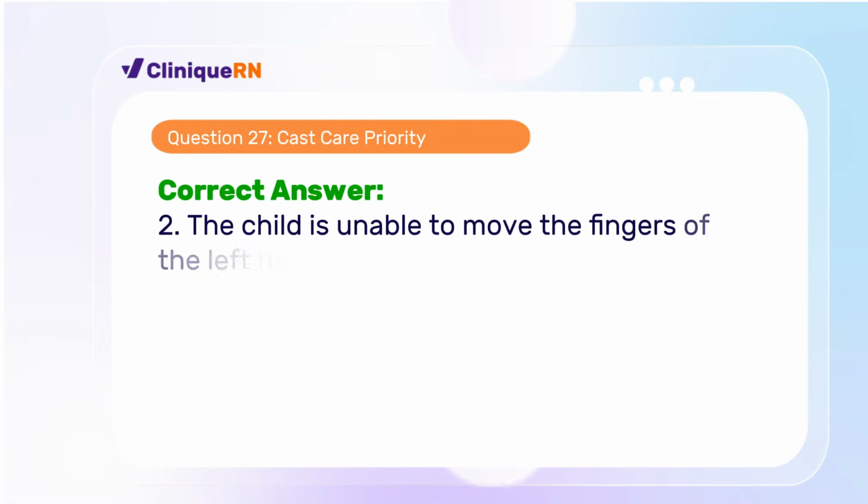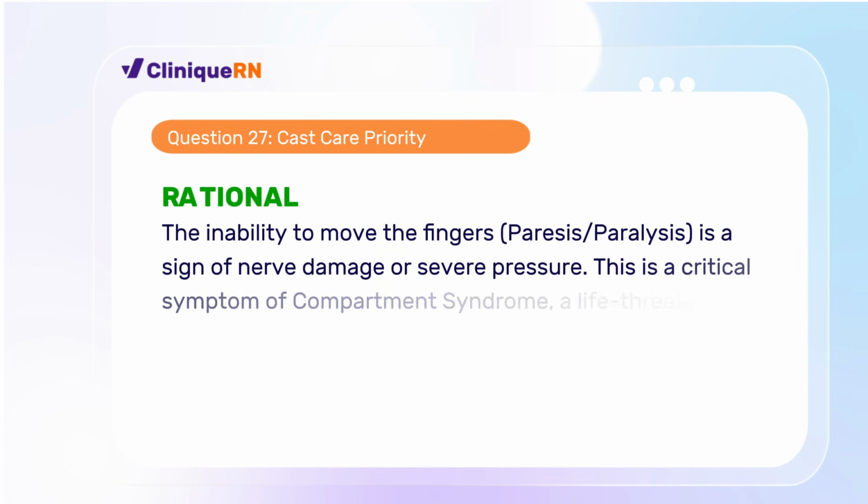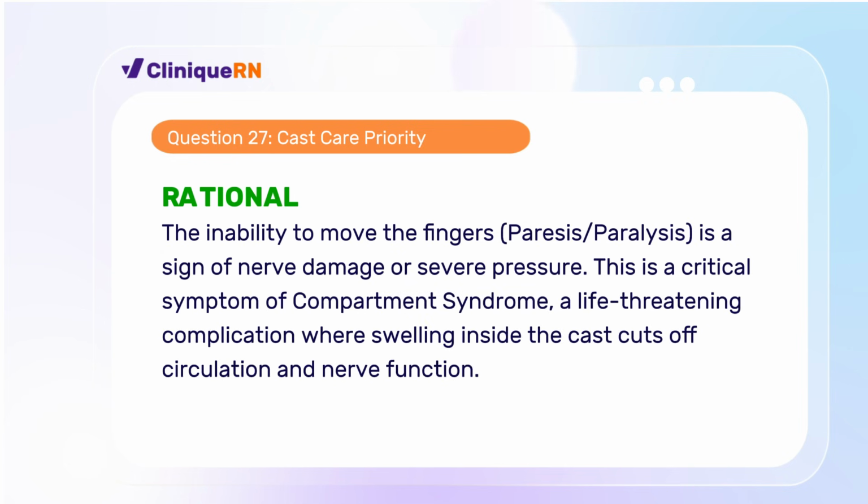The correct answer is 2. The child is unable to move the fingers of the left hand. Rationale. The inability to move the fingers, paresis or paralysis, is a sign of nerve damage or severe pressure. This is a critical symptom of compartment syndrome, a life-threatening complication where swelling inside the cast cuts off circulation and